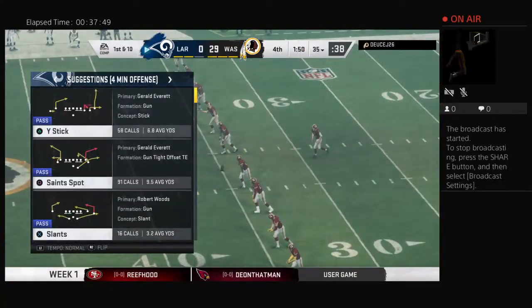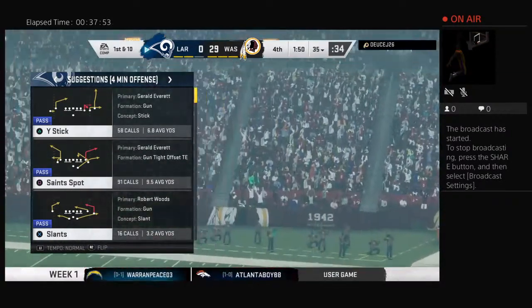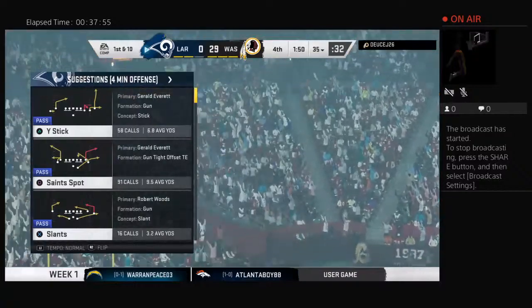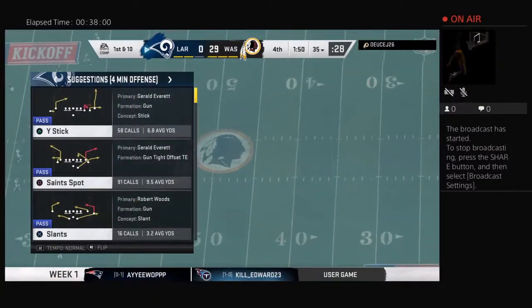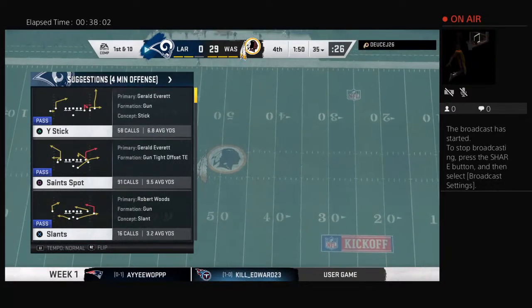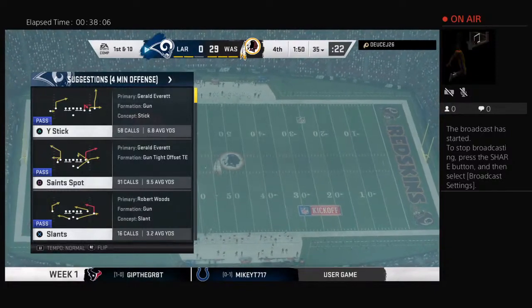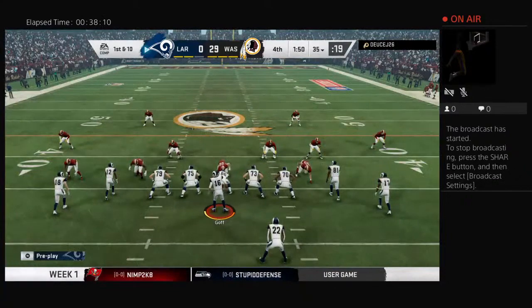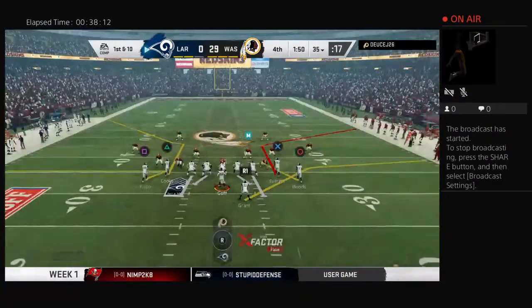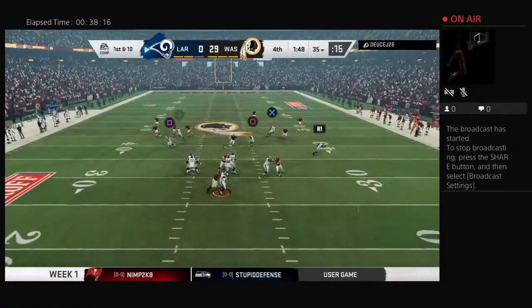Let's go, baby. Let's go. At their own 35-yard line, set to begin their next drive, the Rams offense at the line. And let's face it, this drive is not going to have any bearing on this game, but...